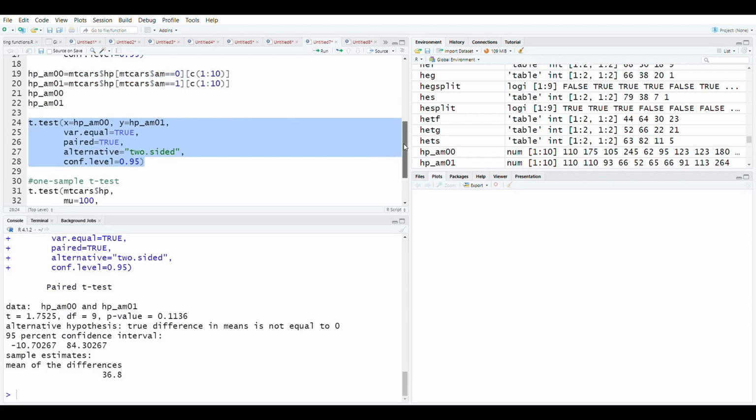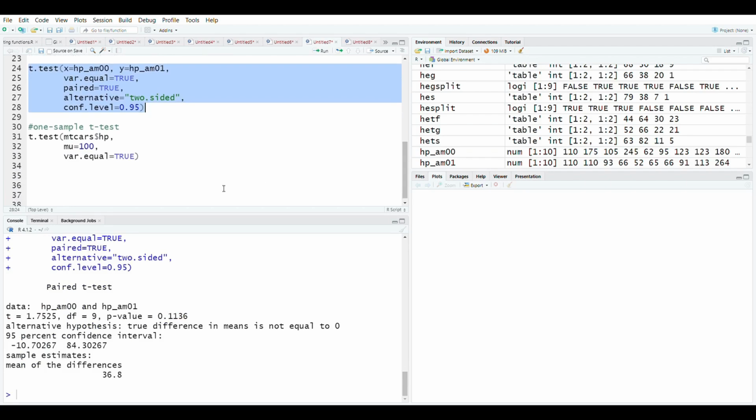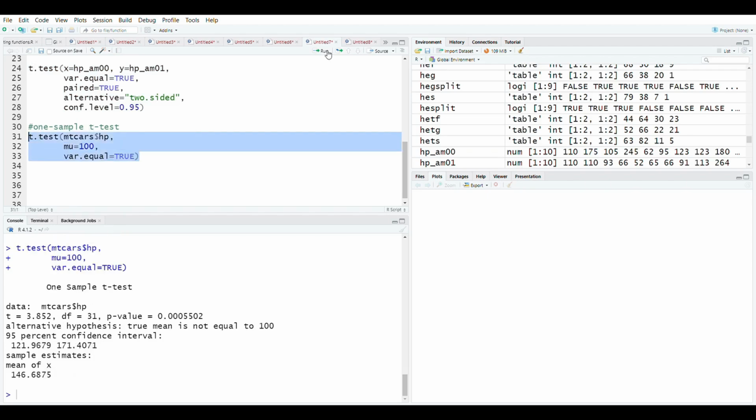Now let's go for one sample t-test. Now one sample t-test is when you are comparing your group to the population. For that, you have to mention your group and you have to give another argument mu. Mu is the argument for population mean and you have to set a value for this. So when I run this, I will get the estimates. Here you can see that you are getting all the estimates like t-score, degrees of freedom and p-value. So you can directly from p-value understand if the difference between the groups is significant or not.